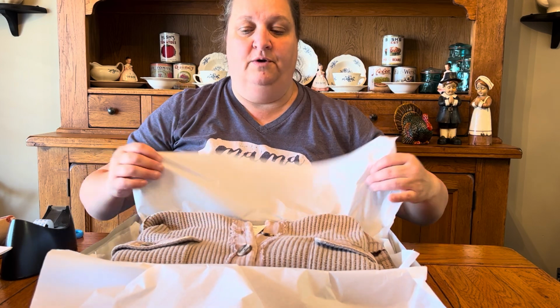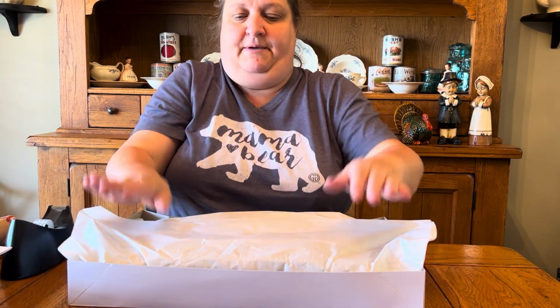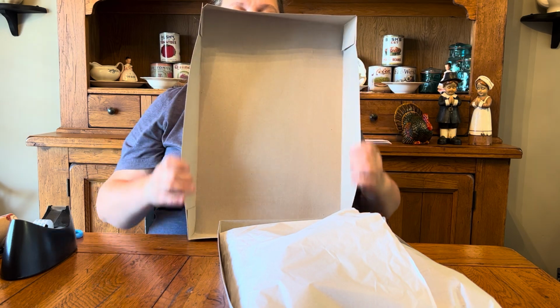Then you're going to fold one paper over, and then you're going to fold your second paper over, just like that. Then you're going to take your topper, open it up,